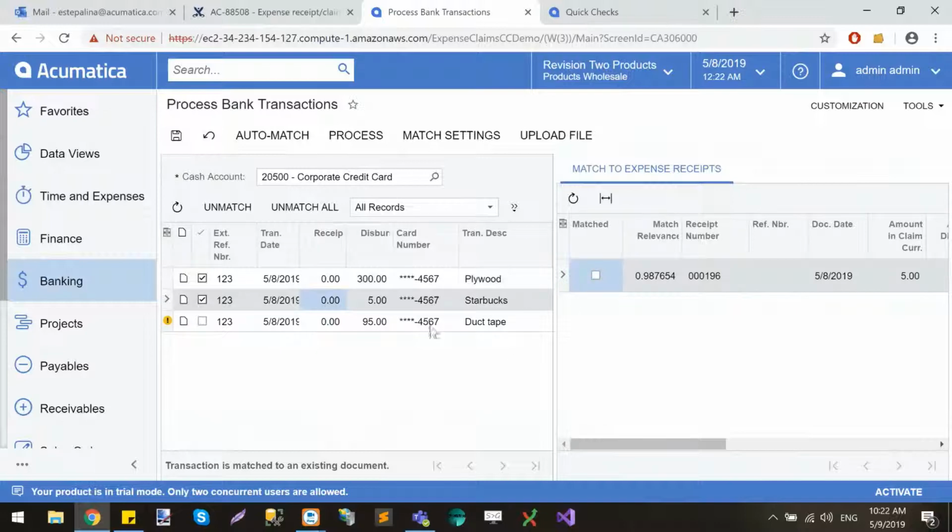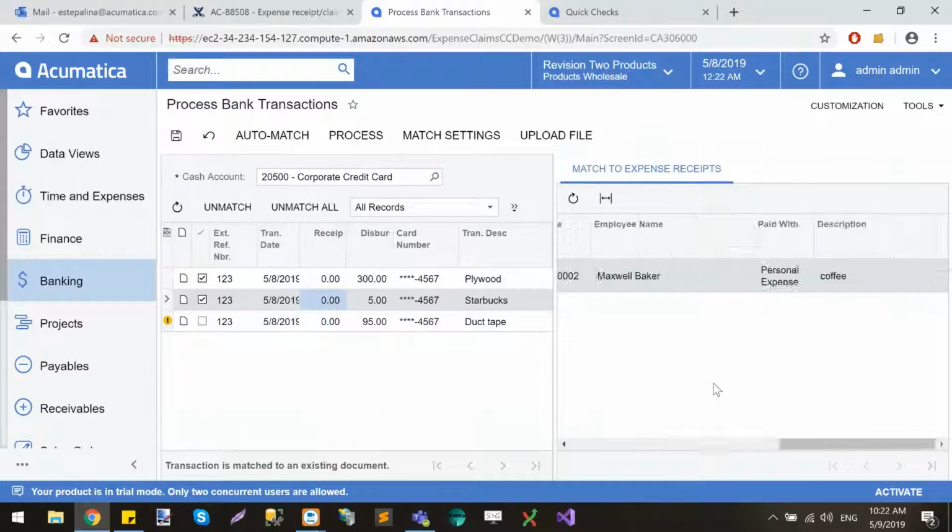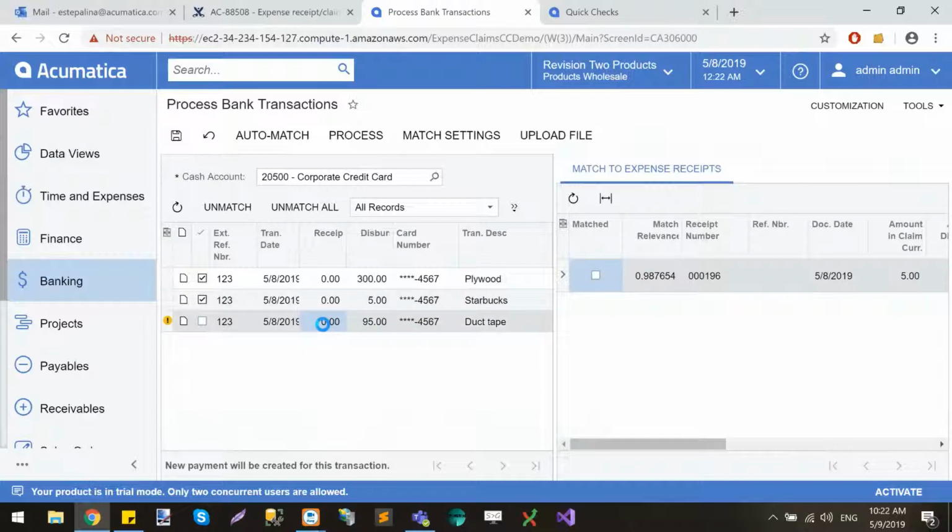And of course, the accountant can review those matchings and make other decisions if necessary. So basically,